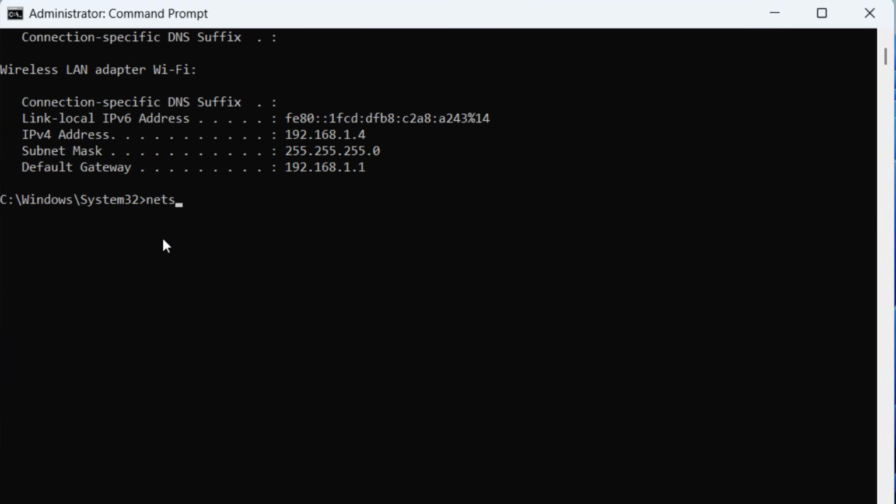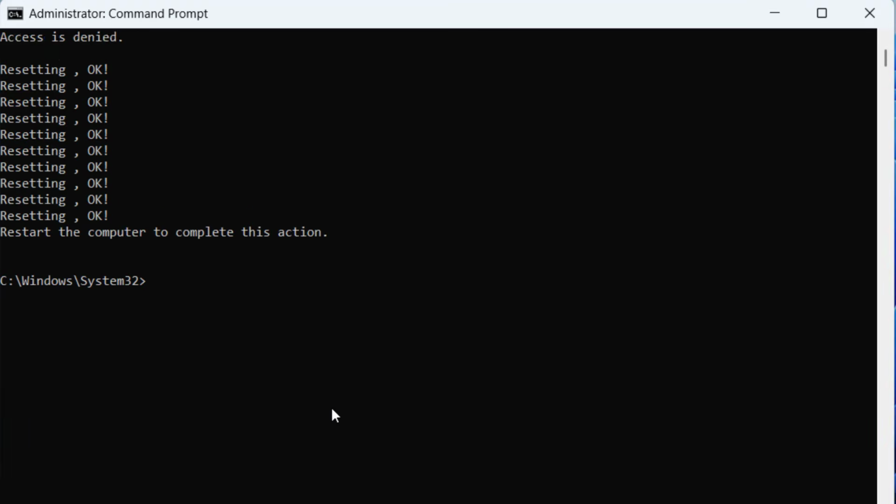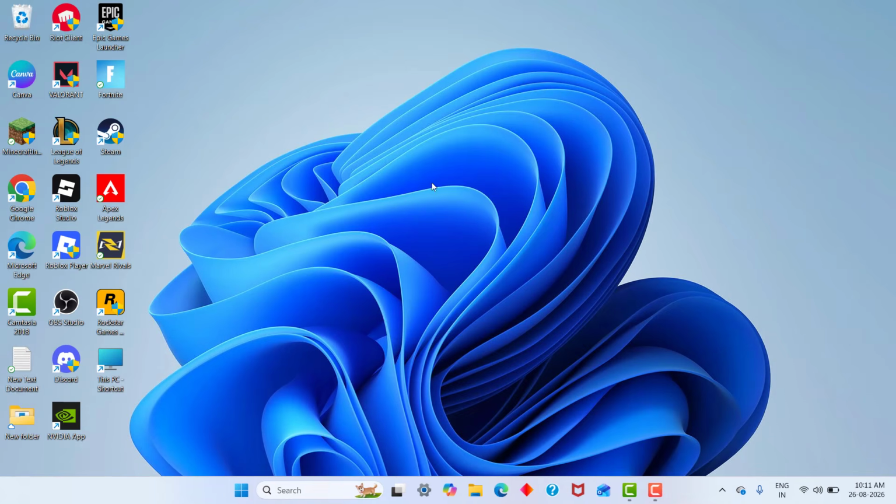Next command: netsh winsock reset, click enter. Next command: netsh int ip reset, click enter. Exit it. Next step, click settings,